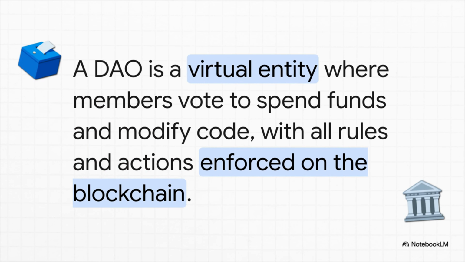Let's just zoom in on that one idea for a second, DAOs, because they are a perfect example of this power. A DAO is basically an organization that lives entirely in code. It has members, it has a bank account, and all the rules for how it spends its money or how it can be changed are baked into smart contracts. Decisions get made by votes, and the results are carried out automatically by the code. It's like a company with no CEO, no board of directors, just the rules.